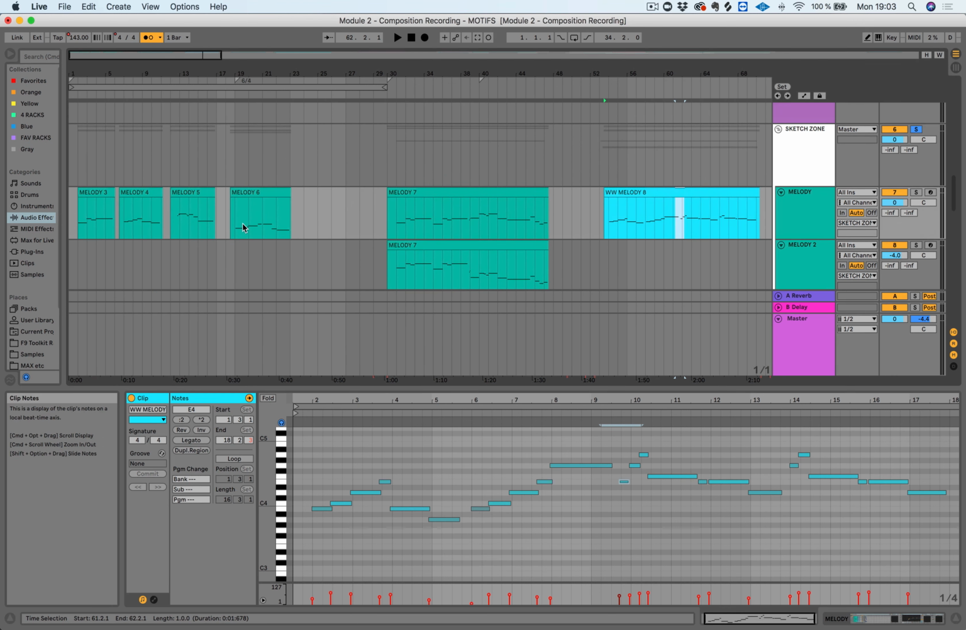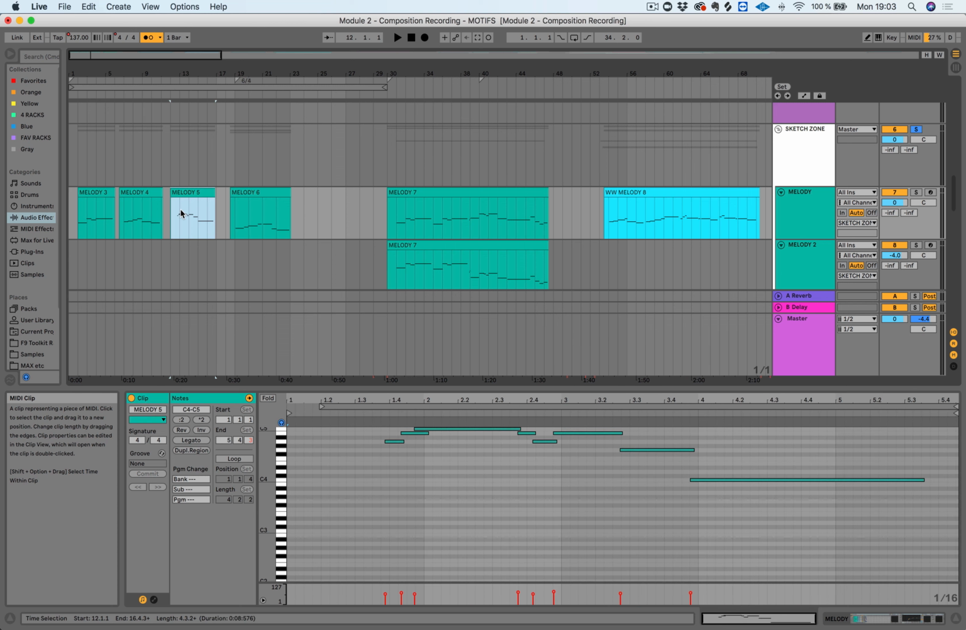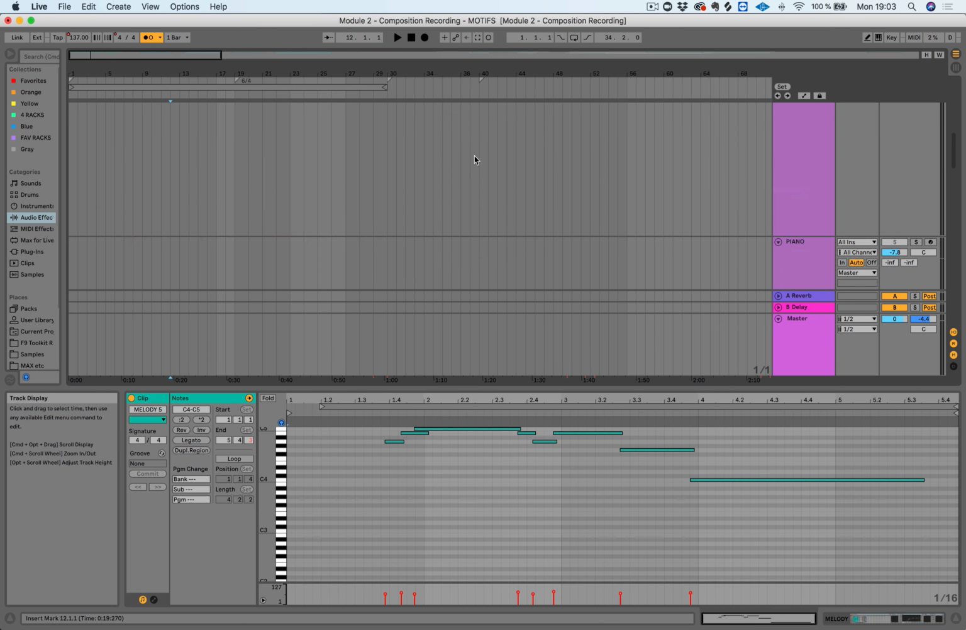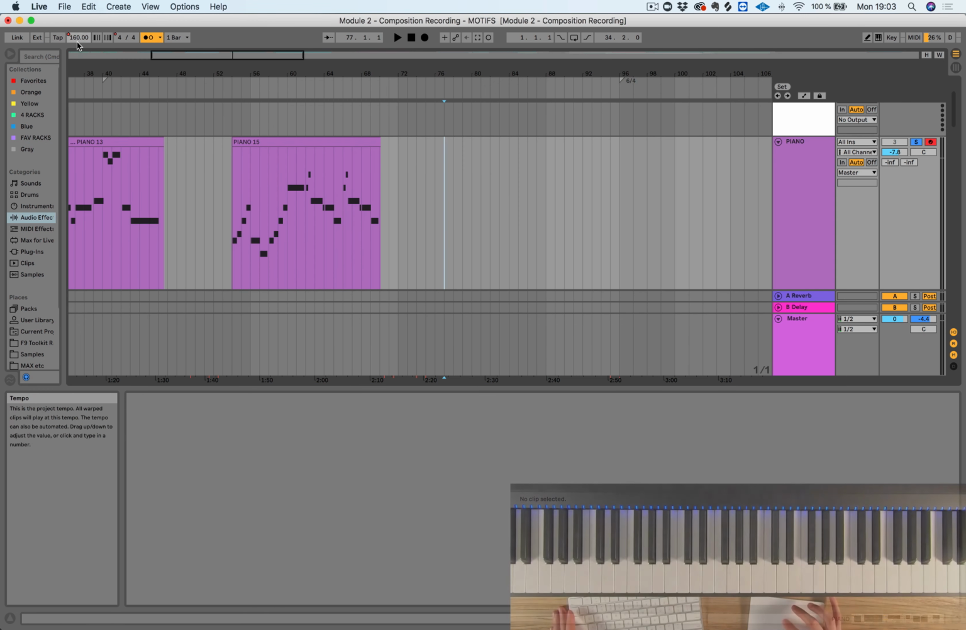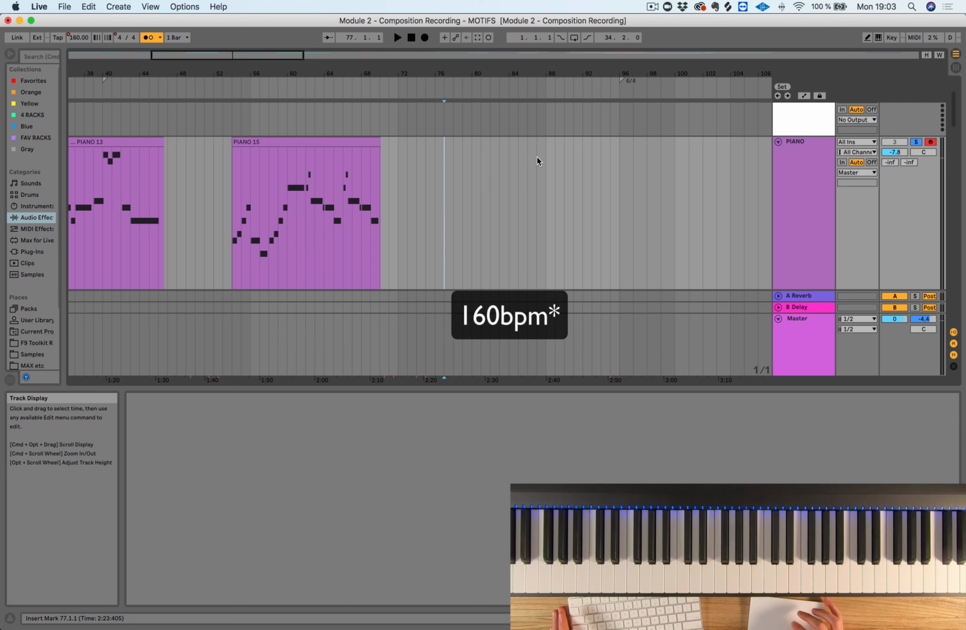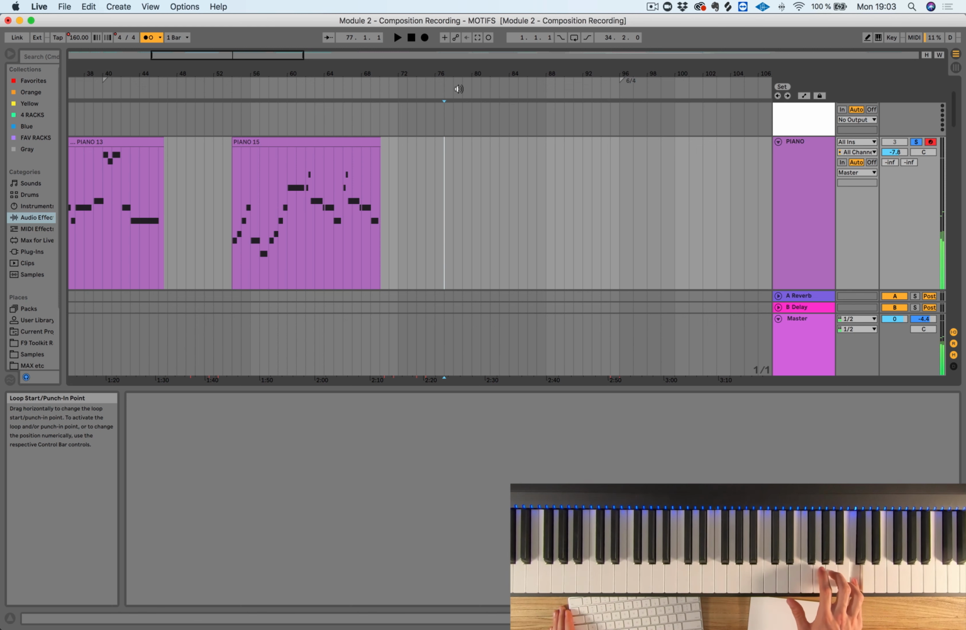Let's move over to the third motif here. Sounds like this. Oh, hold on. Let's just go to the piano again. Now I'm going to go up to 160 to give this a bit more speed and pace compared to the other motifs. So we have,